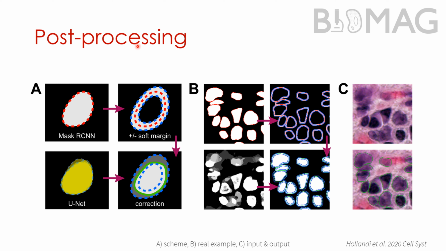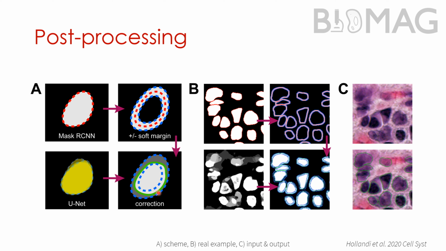For the post-processing, on panel A you can see a scheme, and on B a real example. I'm going to show the steps on A. This red contour represents the Mask R-CNN result. This is extended and shrunk by a few pixels to generate a soft margin around the objects. Then U-Net models are trained, and their prediction is used within this soft margin to create a final corrected segmentation